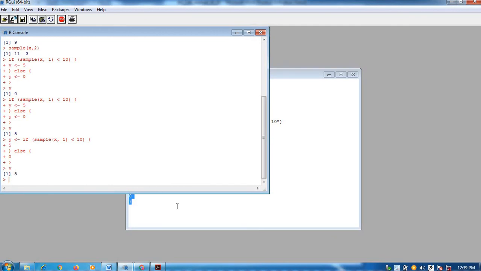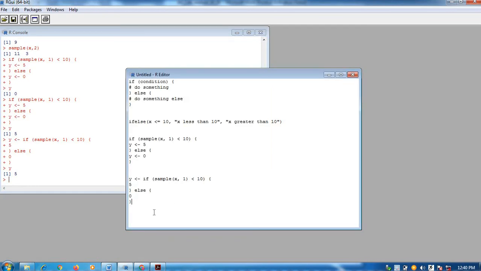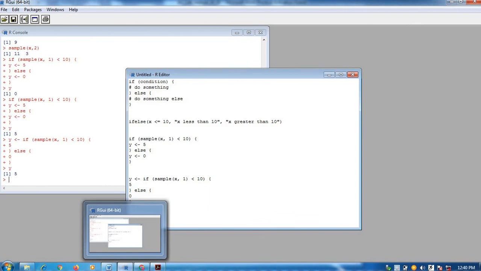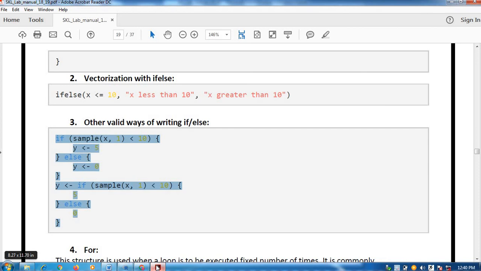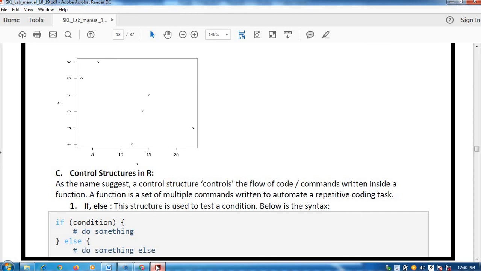So I hope you have understood the control structure if else and how it is utilized, and there are multiple ways. If you go to any literature on the net, you will find many ways you can use this if else, in the sense that a condition can be put in different ways. So try all this and verify whether you are getting everything or not. With this we have discussed 3 ways in which we can write the if else.